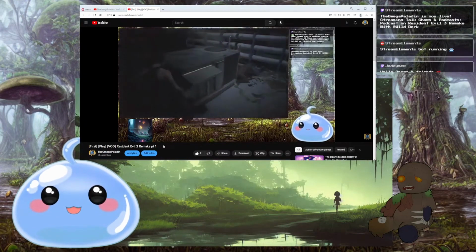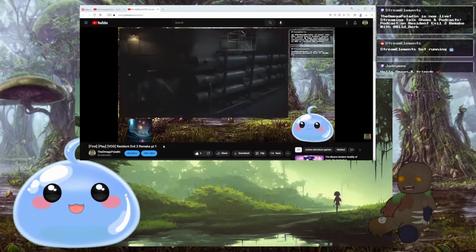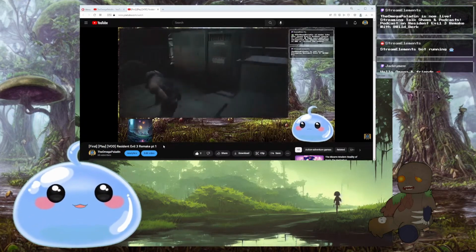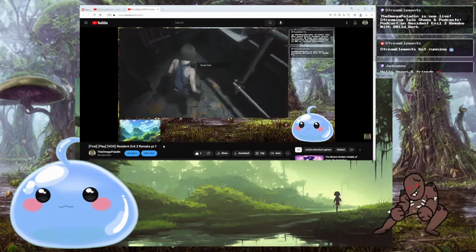You can drop them with a grenade, which I guess is kind of an issue for some people, but grenades also take an inventory slot, and he does get back up fairly quickly, so I think that's fair. You don't have unlimited grenades. But he also drops... So, going back to classic Resident Evil 3,